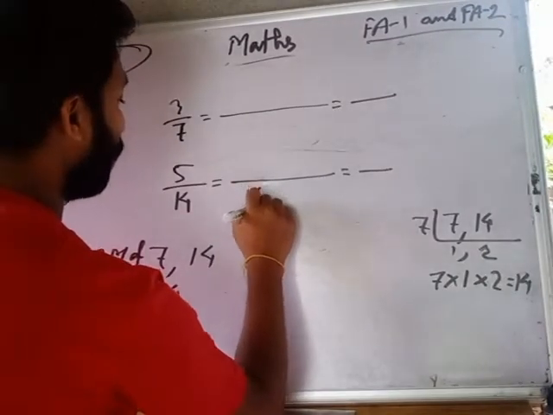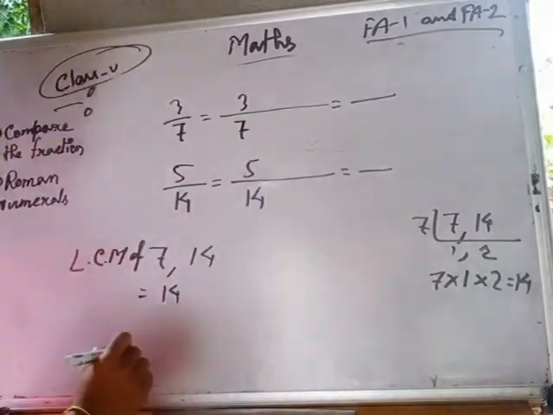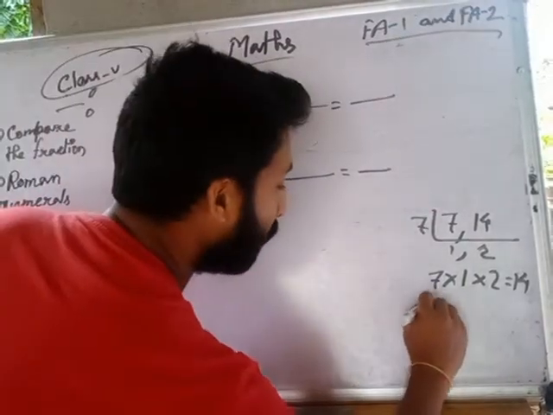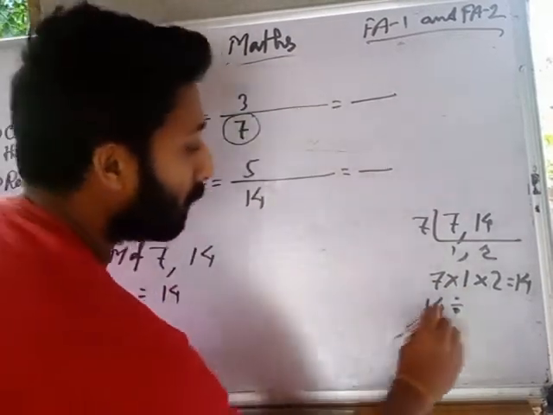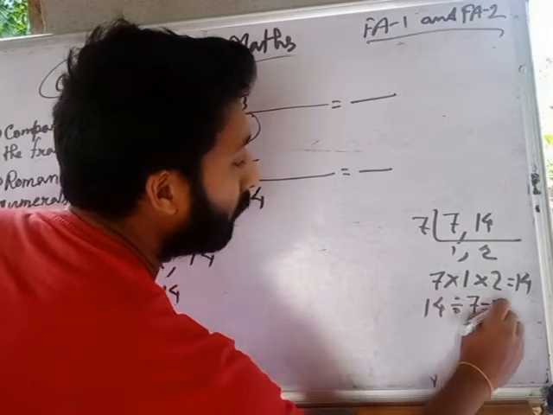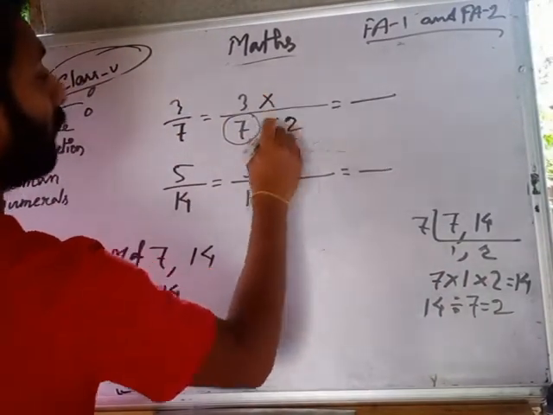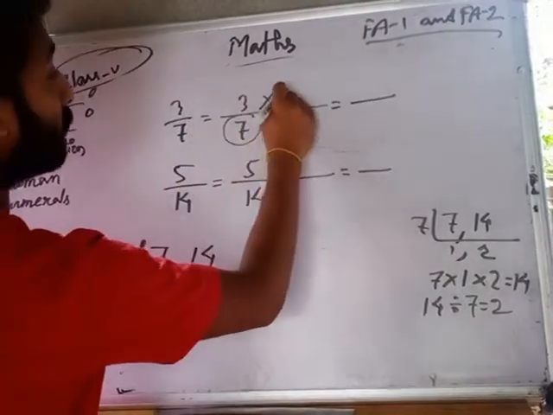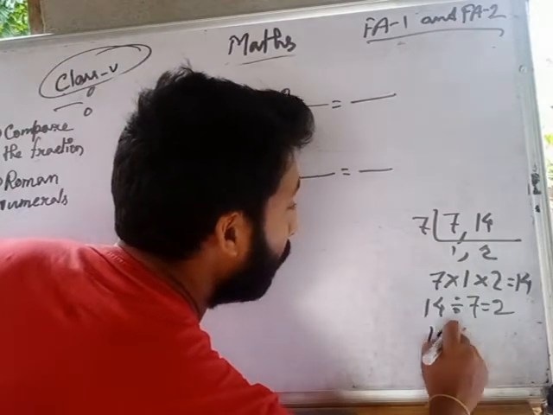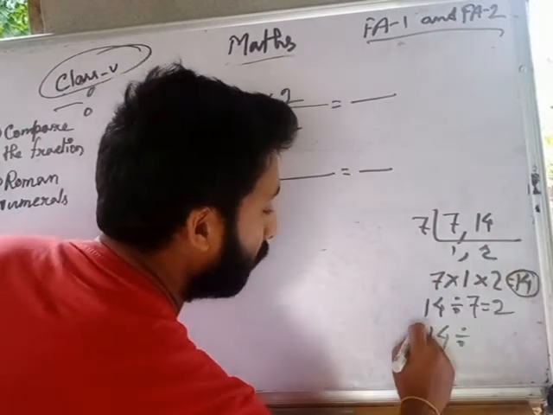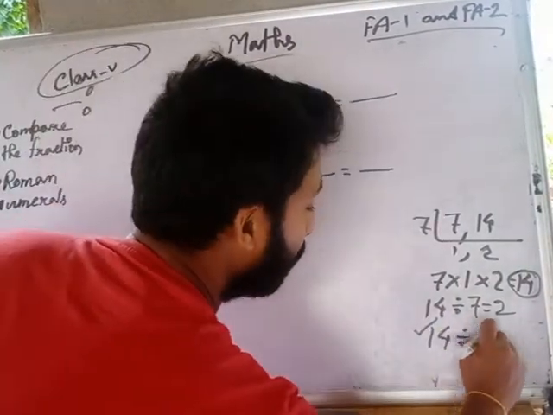So we should write over here 5 by 14 and 3 by 7. At first we divide 14 by this denominator 7. So it is 2. So we should multiply with 2 in the denominator and also the same in the numerator. After that we should divide